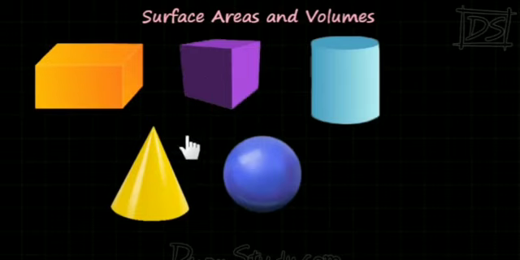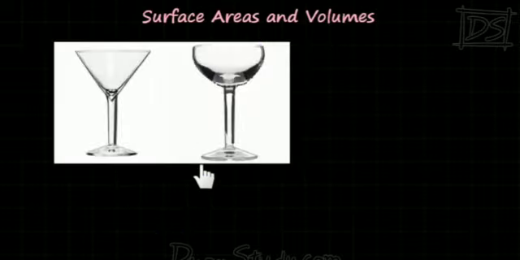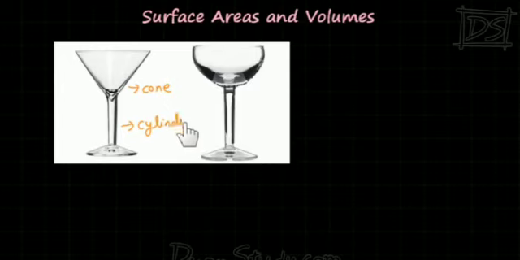In this chapter, we are going to learn some interesting facts about these solids and the resulting solid by combining some basic solids. So, we will find its surface area and volume. Let's see some combined solids. You can see, students, on the screen, some of our basic solids are combined and the resulting solid is formed. Here is a cone, the middle part is a cylinder and this is again a cone.